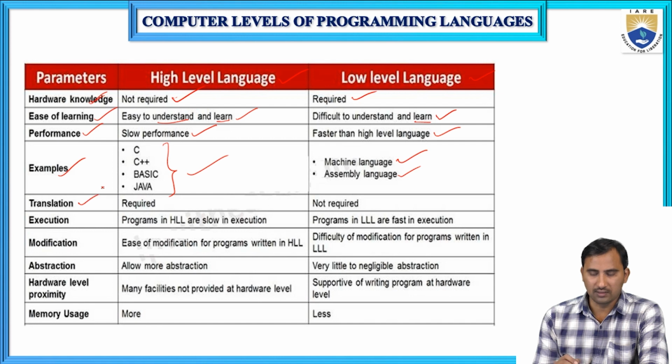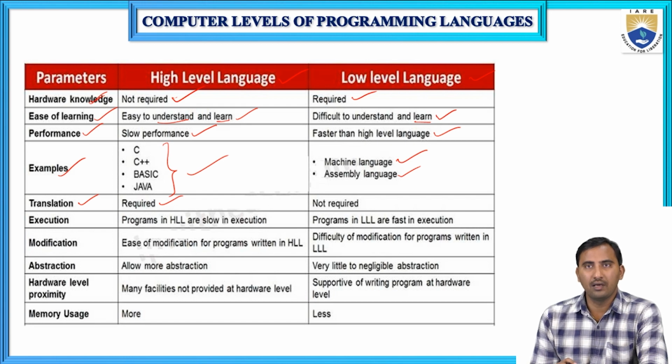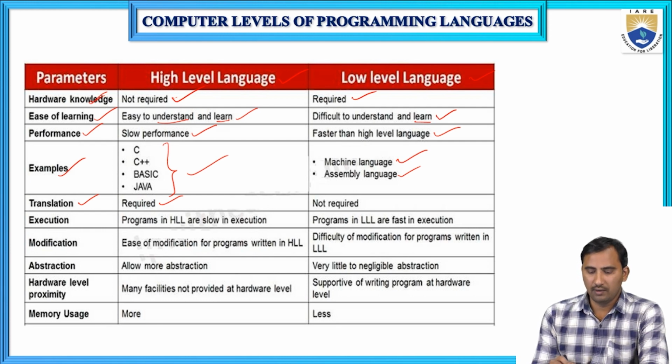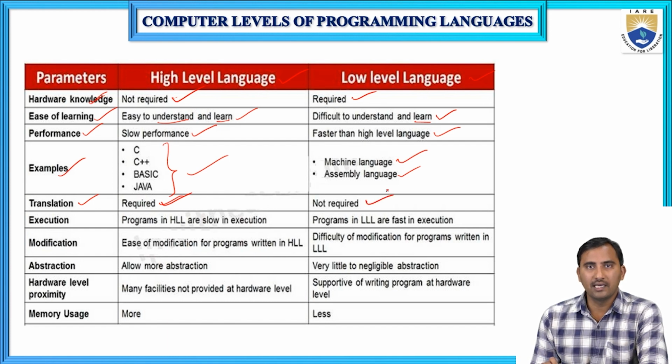And coming to the translation. Programs written in a high level language require translation, because in the high level language we use compilers. Compilers convert the high level language program into machine understandable language. So that's why for high level language programs we require translators or compilers. Low level language programs don't require any